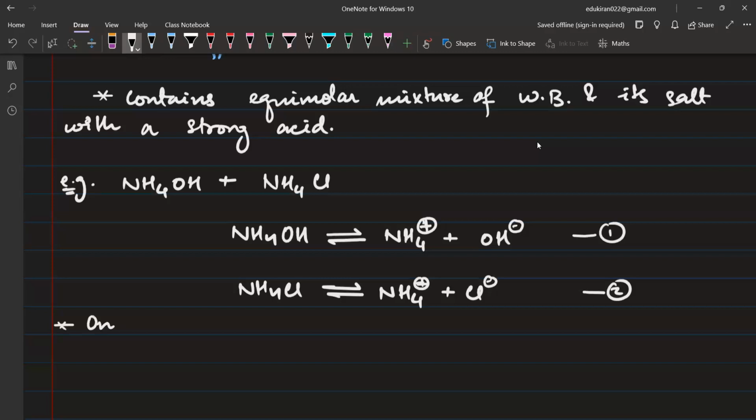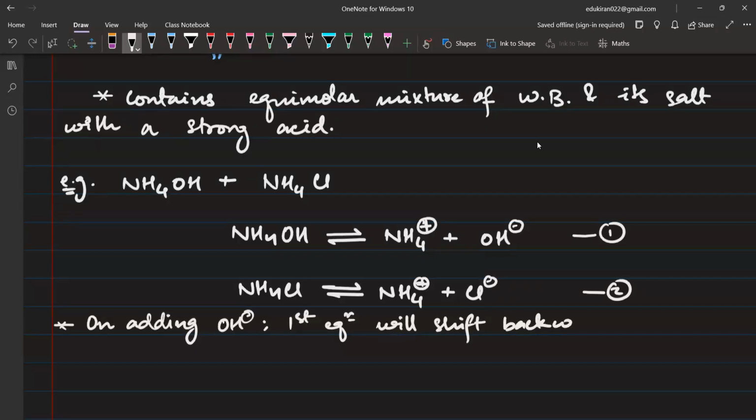ठीक, इसमें सबसे पहले हम सिंपल टर्म्स में लिख देते हैं, on adding OH negative, first equation will shift backward direction। आपने जो ऐड किया OH नेगेटिव वो क्या हो जाएगा, इट इज गोइंग टू शिफ्ट इन द बैकवर्ड डायरेक्शन।